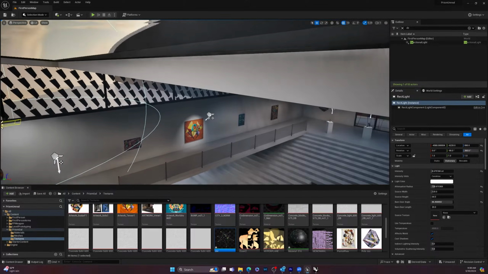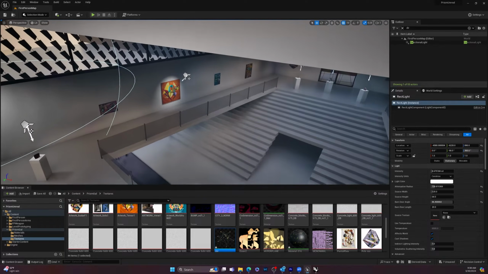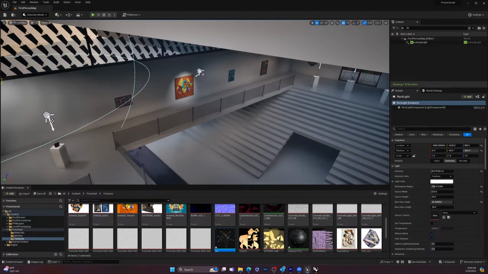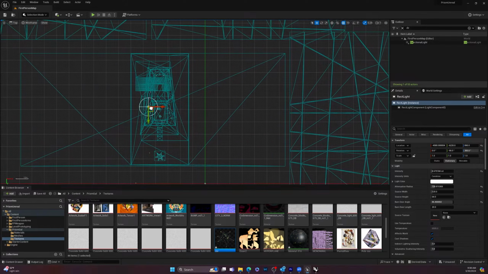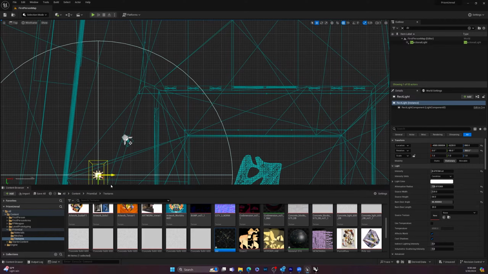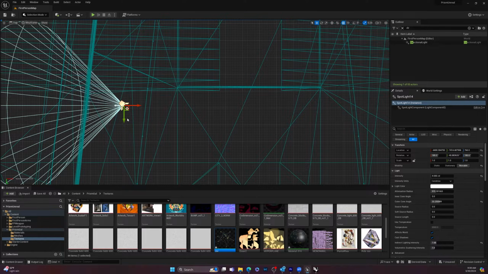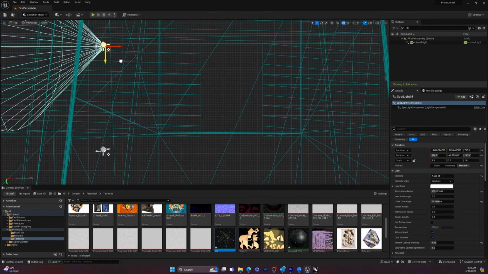Okay, so once you get lights figured out with the intensity that you want, you can start to just copy and paste them, right? So I like to do that from a top view. So I'll switch up here from perspective to top, and then I'll right click to pan around here. And I'll find my light right here, and I'll go Control C, Control V, and just move them